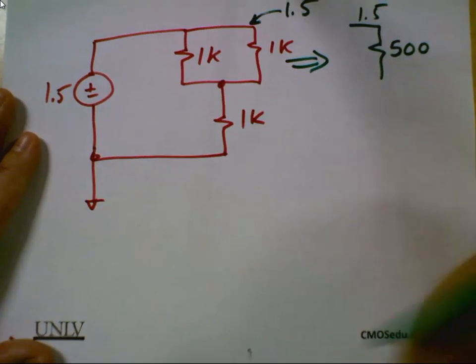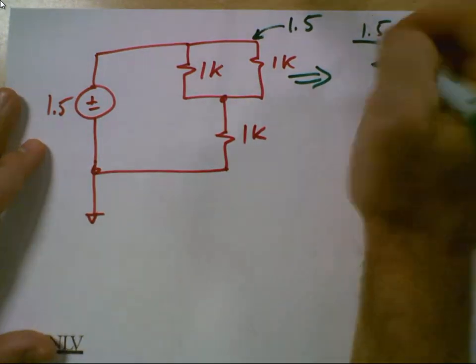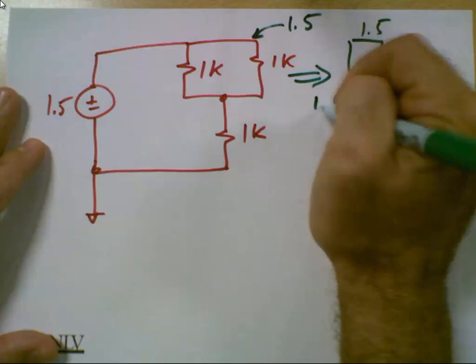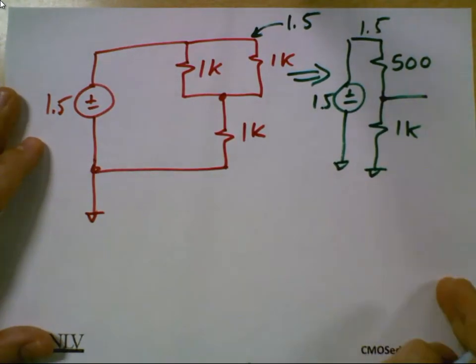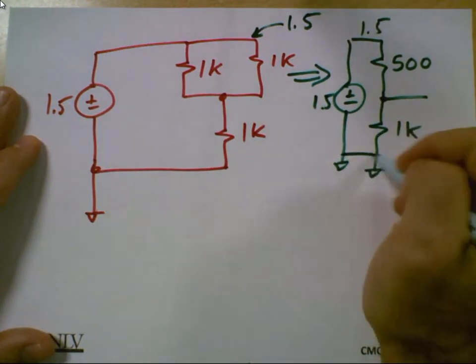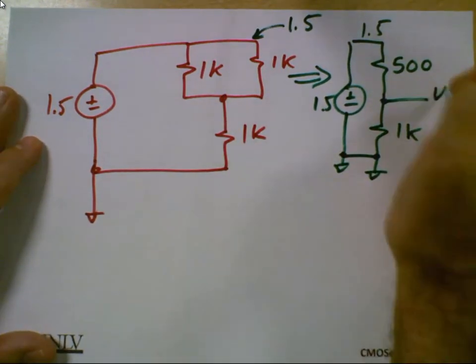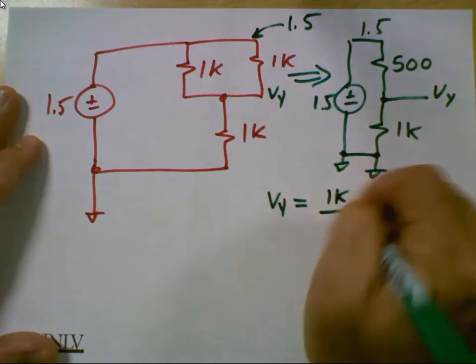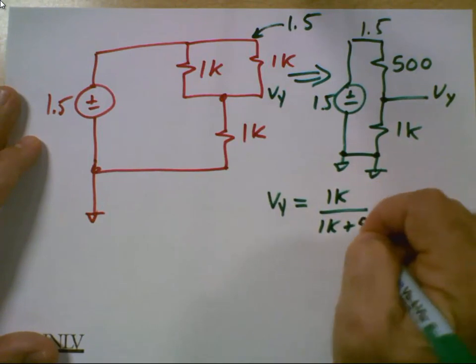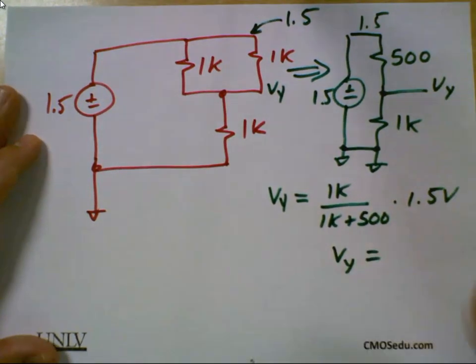Anybody not follow that? And let's come down here, 1K. So if I draw my equivalent circuit, it's this. What am I going to use to determine that potential? Voltage divider equation, because it's burned into my head. Oops, I was lazy again. I'm so used to not drawing that connection because it clutters up the schematics. So I get Vy is equal to 1K over 1K plus 500 times 1.5 volts. And that means Vy equals